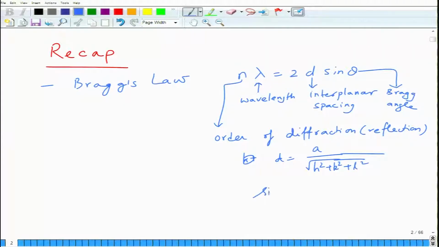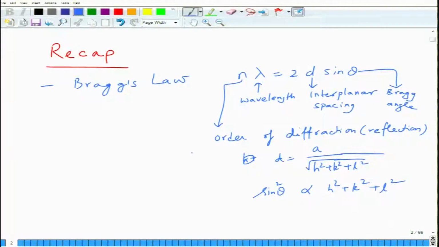So sin square theta is proportional to h square plus k square plus l square. As your interplanar spacing goes down, the peaks appear at higher angles because sin theta increases, and this is for a monochromatic radiation. In most cases, at least for powder diffraction, we take